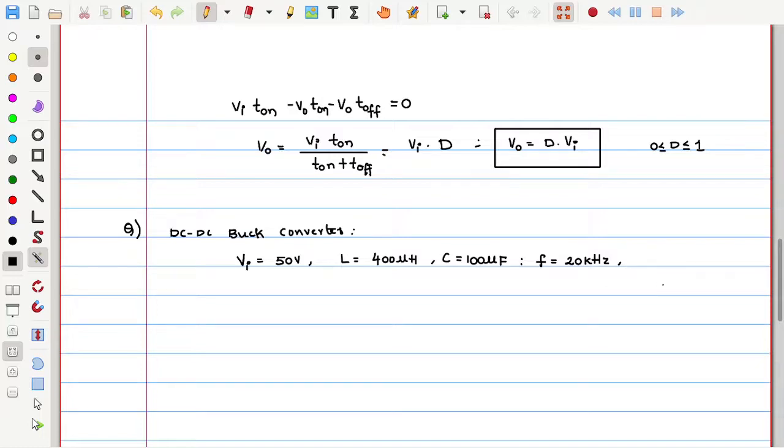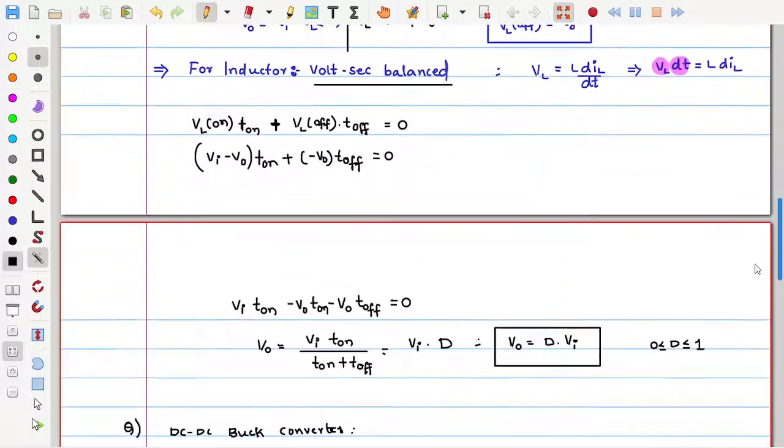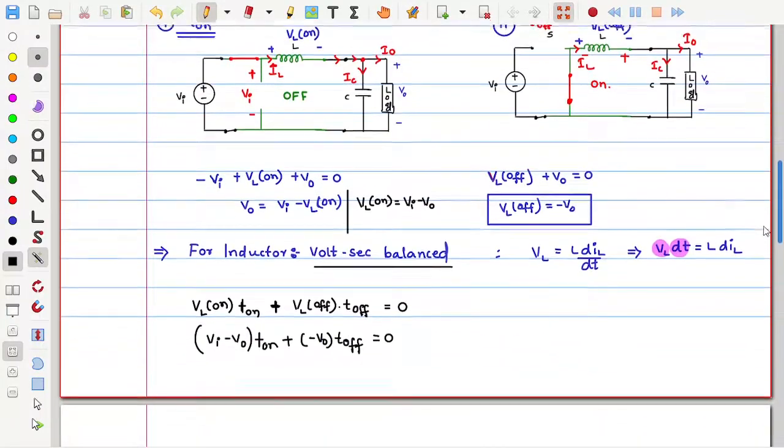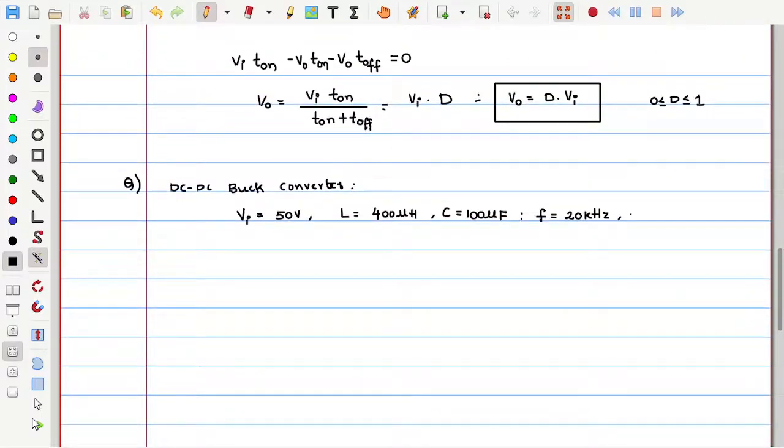Any other things? That's all. The load is given as load resistance RL equal to 20 ohms. Now for A, if duty ratio is equal to 0.4, and for B, if duty ratio is equal to 0.8, find